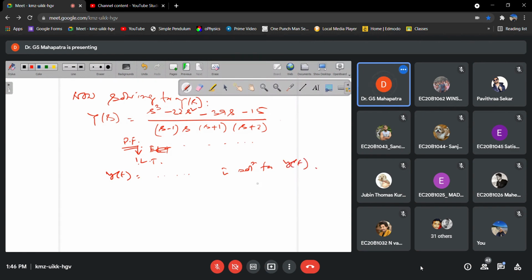Correct now? So this is the solution for y. Okay, not y of t. This is the solution for y. Correct now? So this part is left for you. You have to solve it. Okay. So ultimately, therefore,